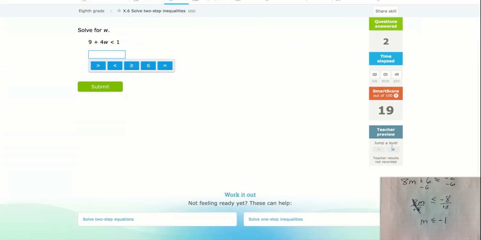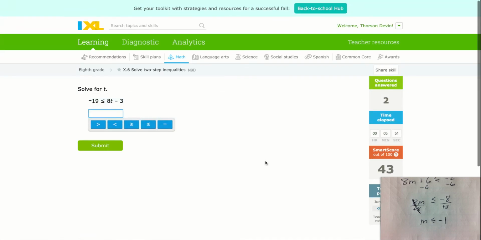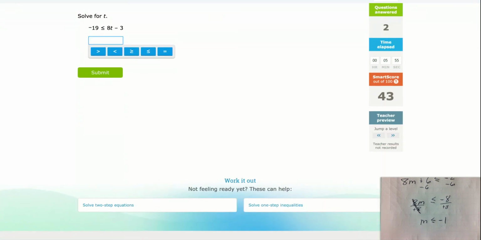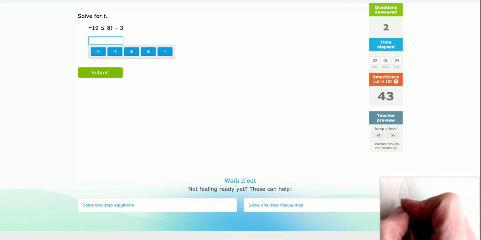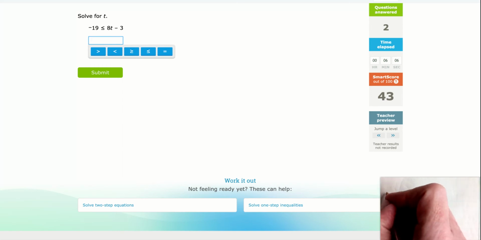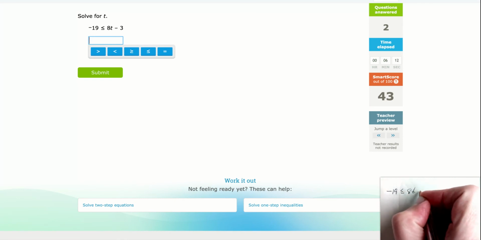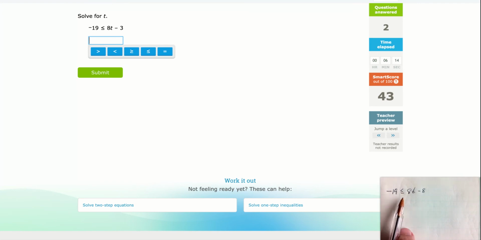So I'm going to skip ahead because I'm sure that they get to some that have negatives. Now here, I would highly recommend that you get in the habit of keeping your variable on the left. There is nothing wrong with keeping it on the right. I'm going to do it both ways very quickly so you can see why the inequality symbol would flip if you divided by a negative. What I mean by that is I'm going to leave that t term on the right side of the inequality symbol first. So I'm going to